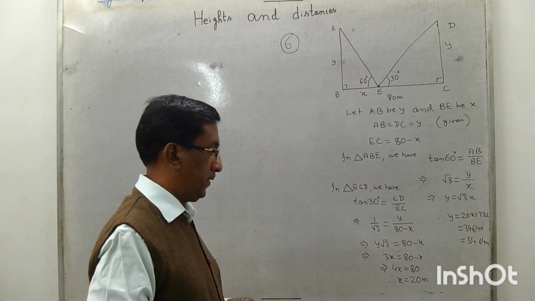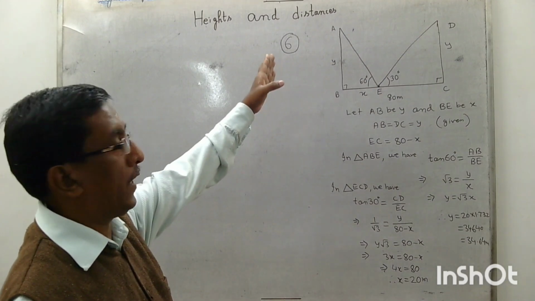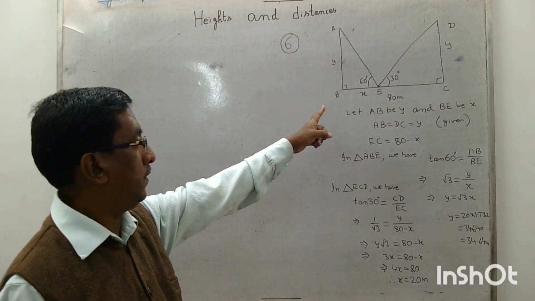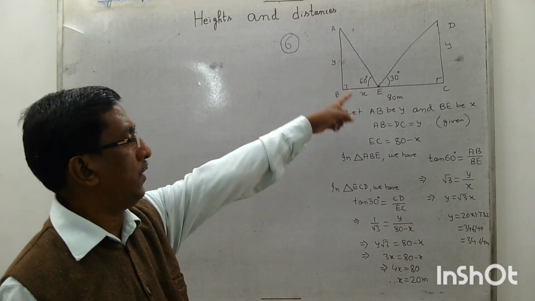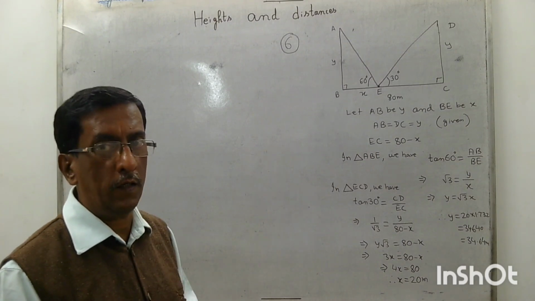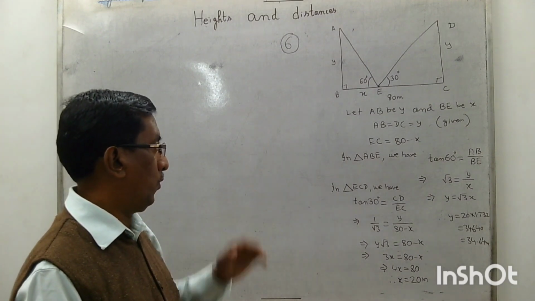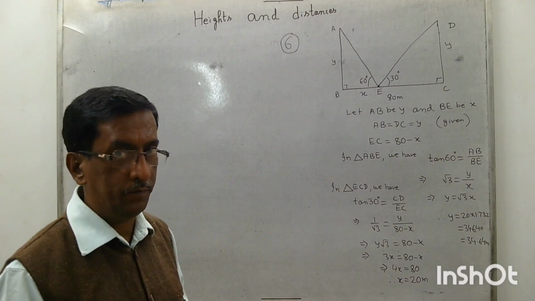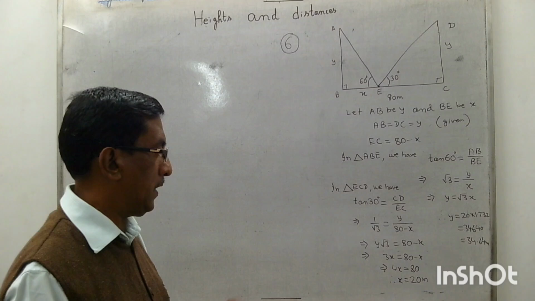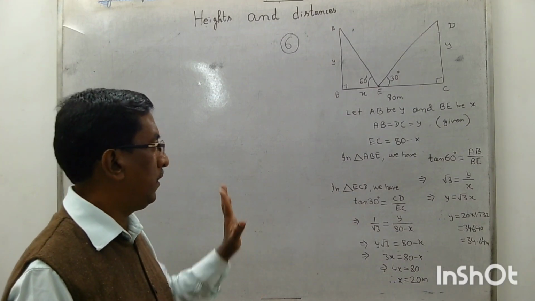So the point E is 20 meter away from the pole AB, and it is 60 meter away from the pole DC. AB and DC are equal poles, but the point is not situated at the middle point on the road. This is near to AB pole and far away from the CD pole. Now the height of the equal poles is 34.64 meter. Clear? Very simple approach.